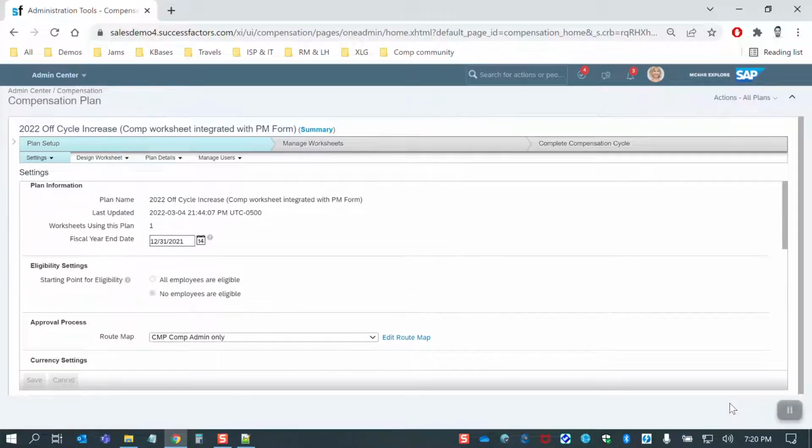That concludes the demo. I've seen customers use this feature for COVID tracking during the pandemic. I've seen it used in many different ways over the years, but I think the idea at the beginning when this feature was created was to be used for off-cycle increases, which is why I did the demo based on that. I'll try to put the XML in the blog,